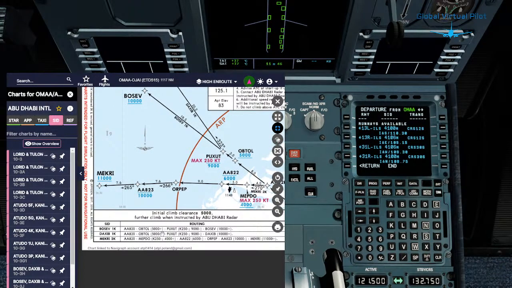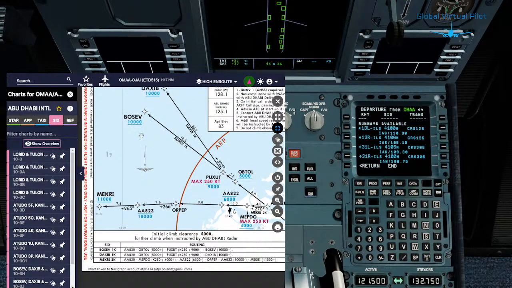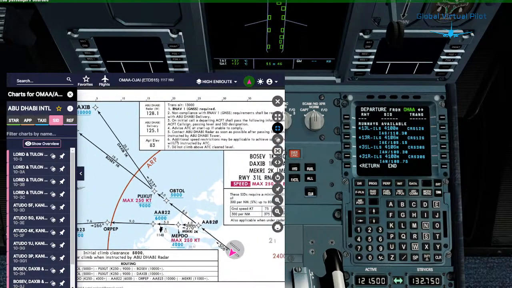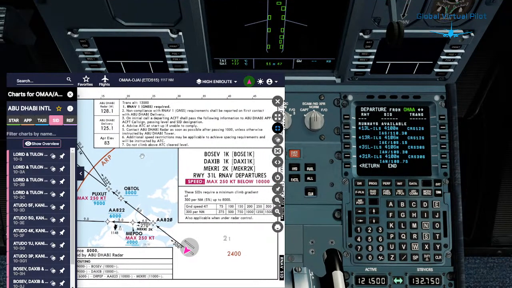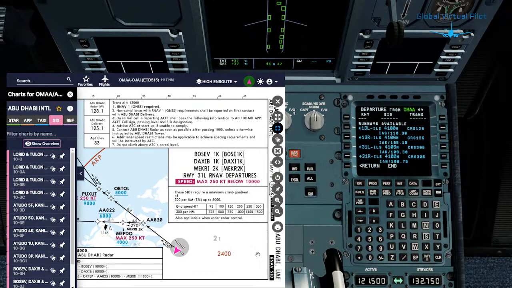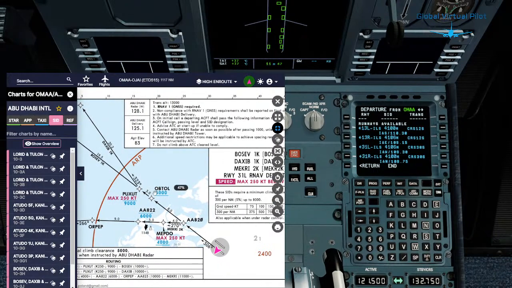Next we have OPTAL at 5,000 feet, so above 5,000 feet. Next we continue to BOSEF, and we should be there above 10,000 feet. Transition altitude is 13,000 feet, and we should be very accurate on our departure because of the noise procedures, and the climb gradient should be as shown here. Minimum sector altitude is 2,400, and the